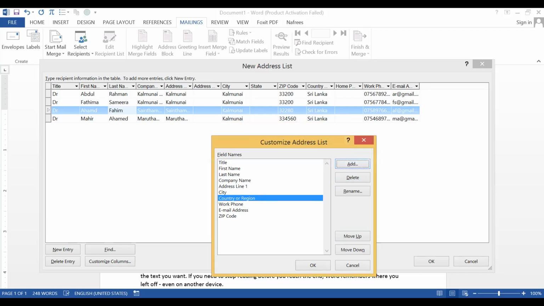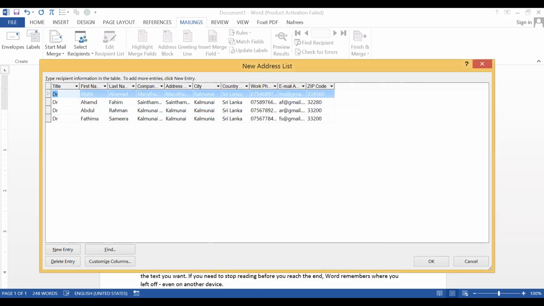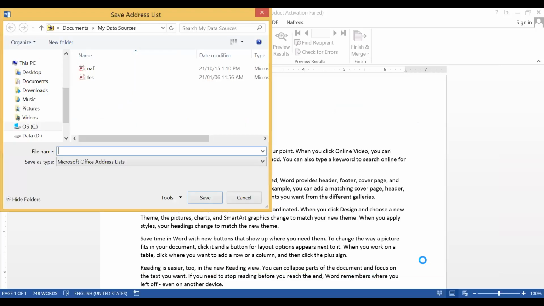Okay, so whatever you want, you can do it. It is customizable. According to your organization's requirements, you can customize it. So once you complete all the customization work, all the record insertion work, you can click OK. Look at here. Now we have only the record fields here. So if it is complete, then click OK. Then it will ask you to save the file.